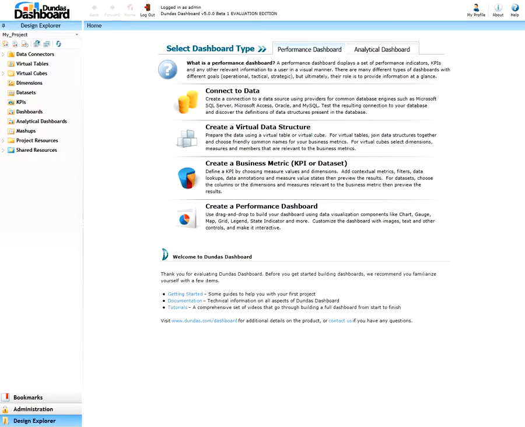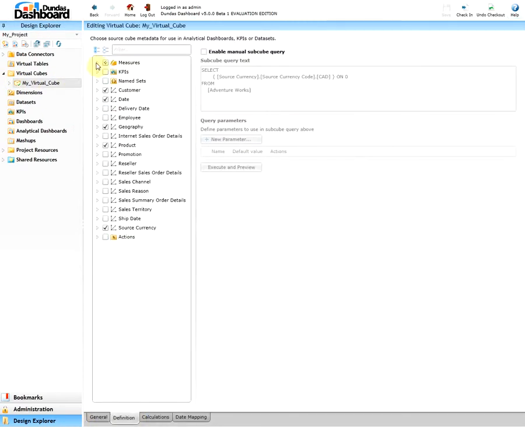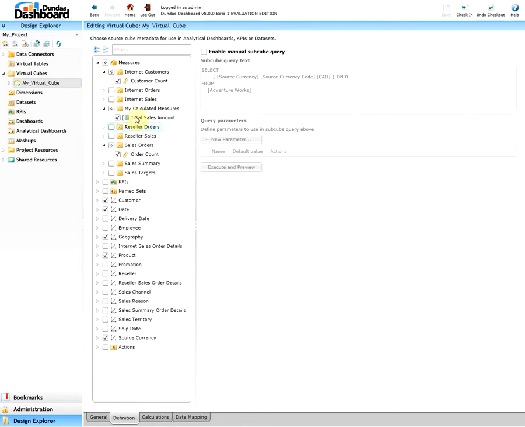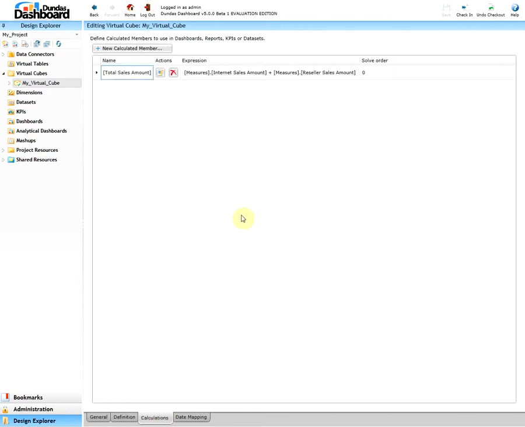So the first step in creating a performance dashboard from the OLAP data is to make sure that the virtual cube is created and set up. So in this example, I have my virtual cube set up. As you can see in the definitions tab, I've got 3 measures that I've selected. Out of these 3 measures, one is a calculated measure that I've defined on the cube. I've also got 5 dimensions selected. In the calculations tab, I've got a calculated measure that I've selected in the measures in the definition. It's called total sales amount, and